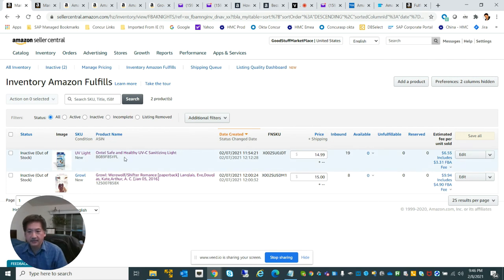Now, one funny thing is that when I tried to sell this UV sanitizing light, it fell under the pesticides category. And when I tried to add this, it said I had to have approval from the manufacturer. So I had to press a button, say request permission, and I don't know where that request went, but it came back fairly quickly. It said, yes, you're approved based on your previous sales, which is nothing. But then it also said that you have to take the FIFRA pesticide